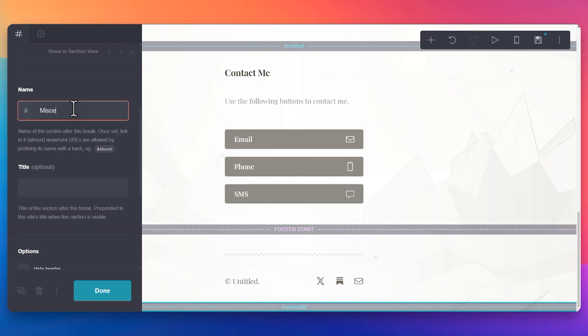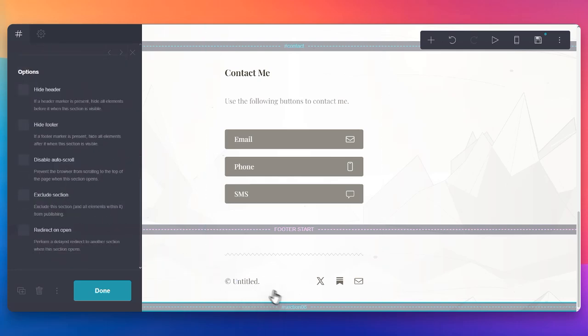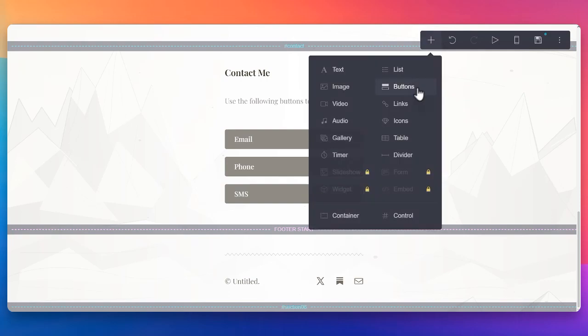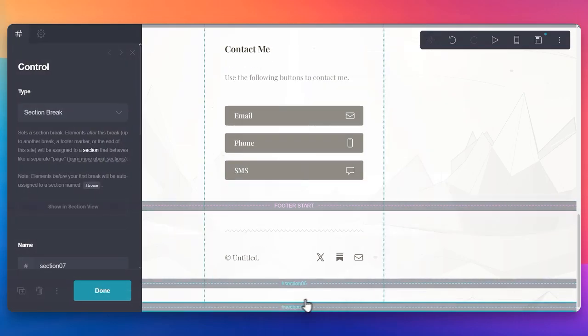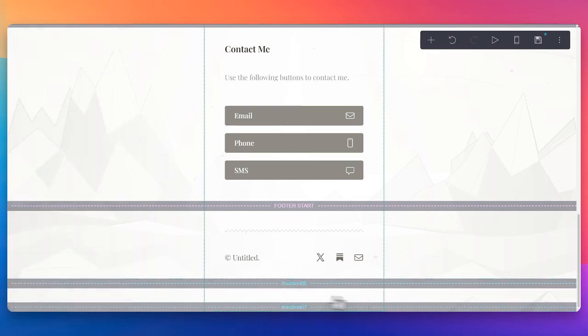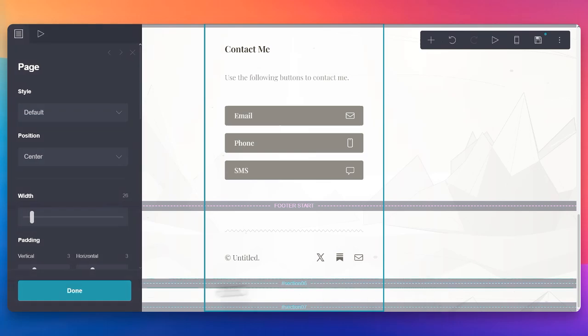After naming it, drag the section break to the position in your layout where you want the page to split. Everything above and below this marker will be treated as separate sections once the site is published. You can repeat this process multiple times to create as many sections as needed. Each section can contain different content such as text, images, buttons, or forms, allowing you to organize your site more